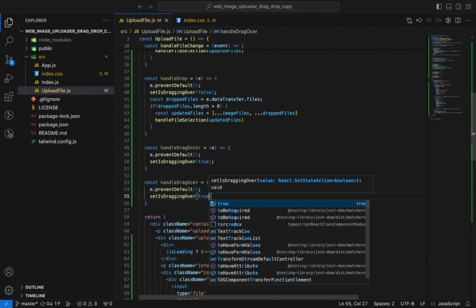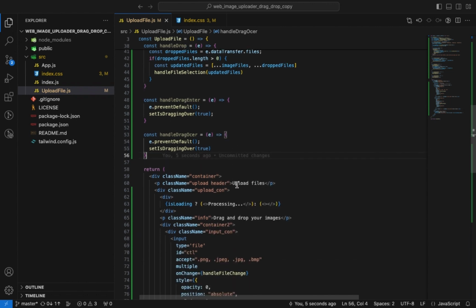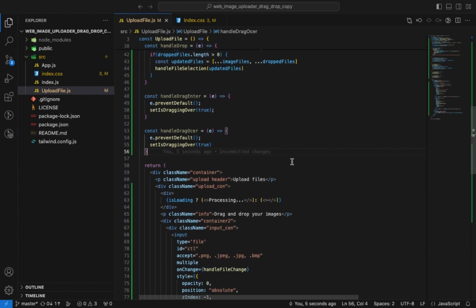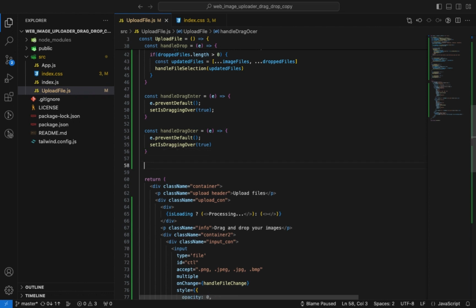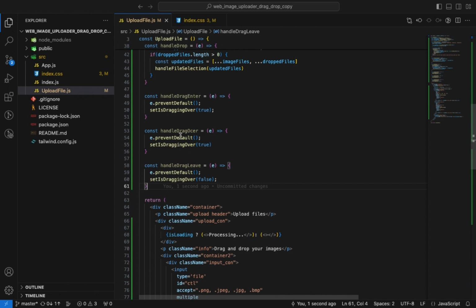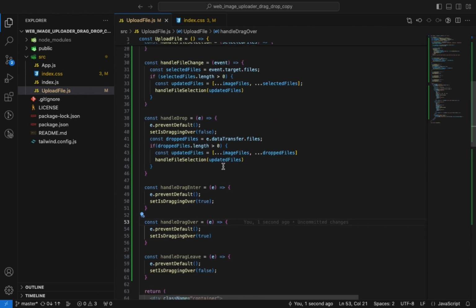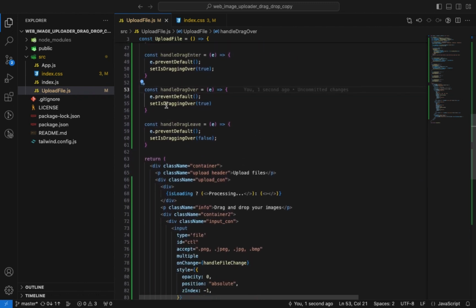And lastly, I want to create a function to handle the states when the dragging is no longer happening. So on drag leave, when the image is dragged out of the box. In that case, the dragging over state should be set to false. So I'll have something like this. And yeah, so I have the handle drag enter, handle drag over, and handle drag leave, and also the handle drop. Okay, so I'll be using these four functions